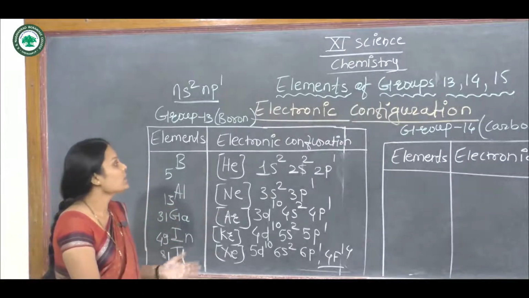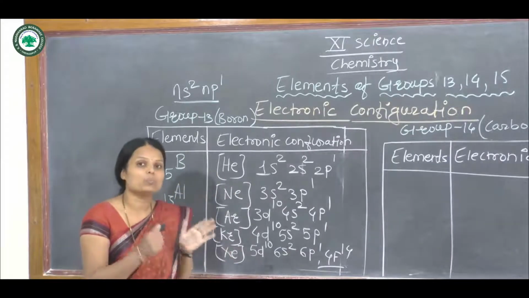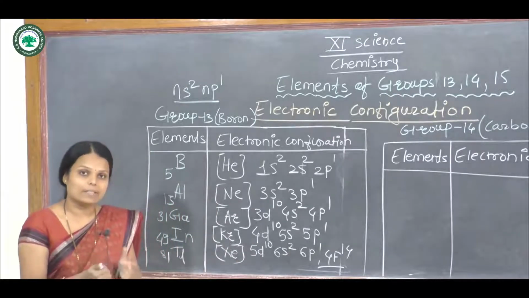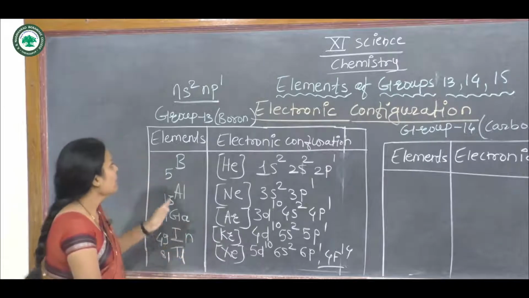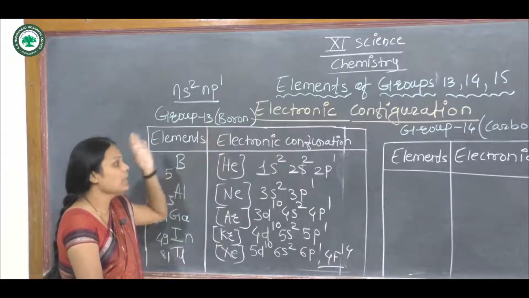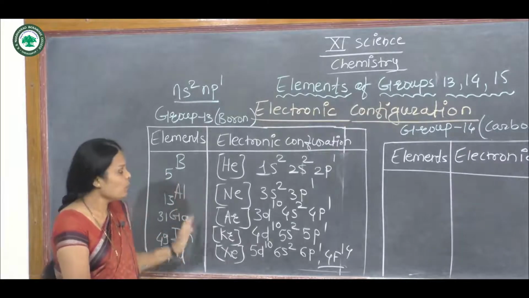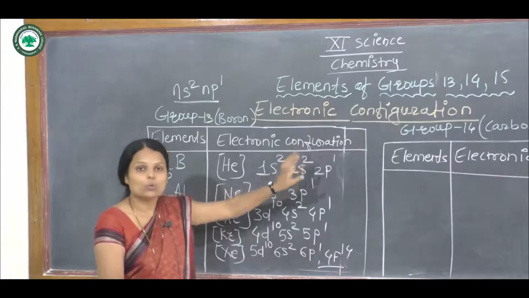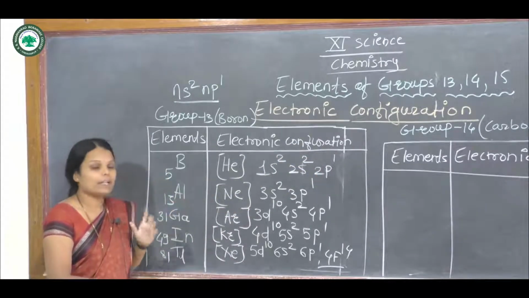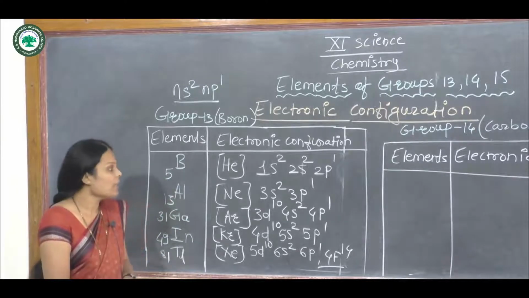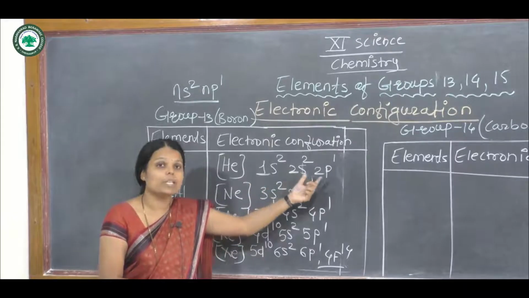We know that group 18 elements, or inert gas elements, are represented by those elements. Now this is group 13, the boron family. I can repeat here. The first element is boron, its atomic number is 5, and its electronic configuration is 2s2, 2p1. Now aluminium, the second element, has atomic number 13, and it's represented by neon, and its electronic configuration is 3s2, 3p1.